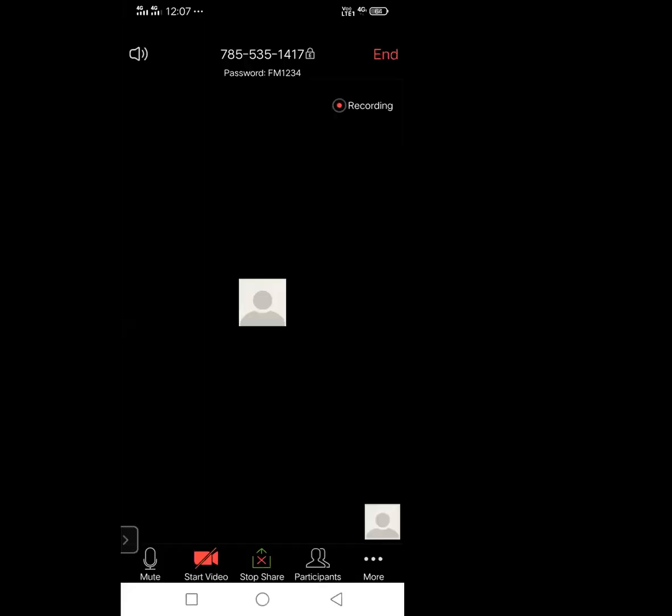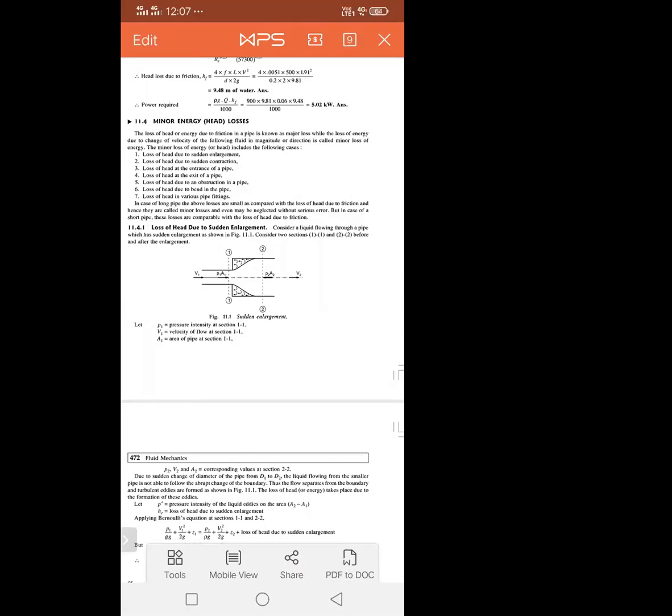In the previous lecture, we had already started Unit number 6, which is flow through pipes. In that, we had studied Darcy-Weisbach equation as well as Chezy's formula for calculation of major losses through pipe. Major losses through pipe can be calculated by using Darcy-Weisbach equation, which is 4fLV square upon 2gD, and by using Chezy's constant formula.